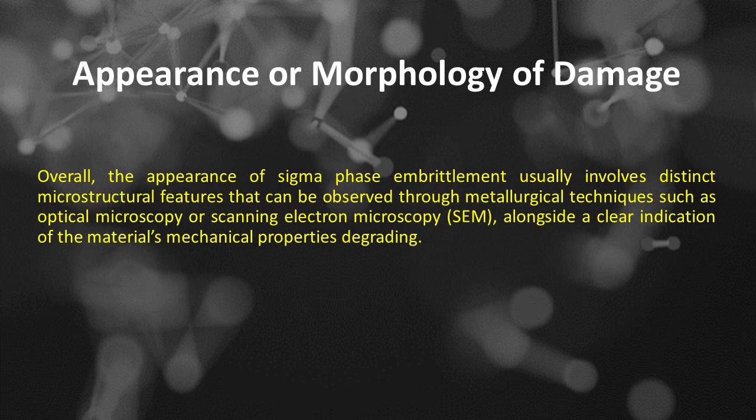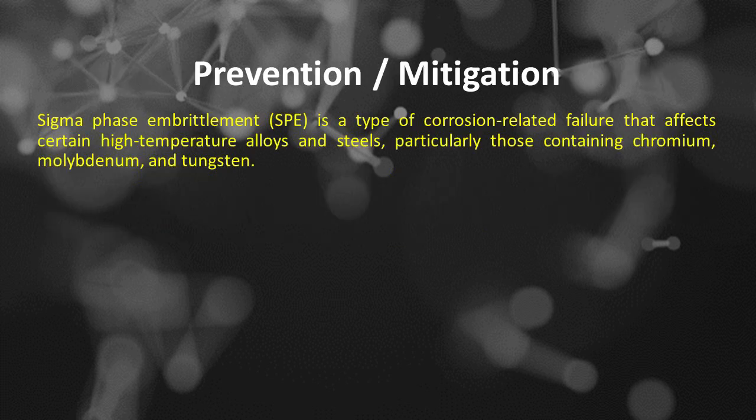Overall, the appearance of sigma phase embrittlement usually involves distinct microstructural features that can be observed through metallurgical techniques such as optical microscopy or scanning electron microscopy, SEM, alongside a clear indication of the material's mechanical properties degrading. Prevention and/or mitigation. Sigma phase embrittlement is a type of corrosion-related failure that affects certain high-temperature alloys and steels, particularly